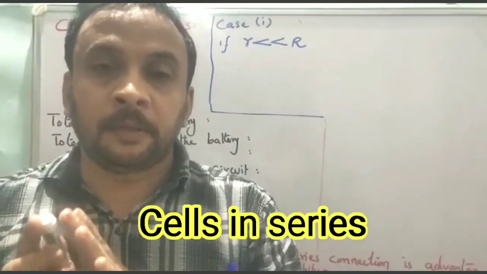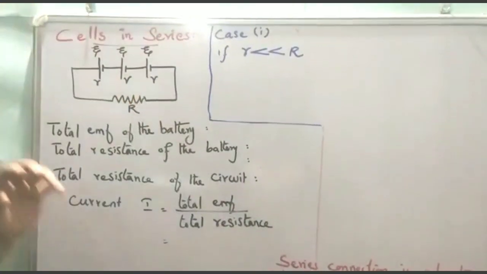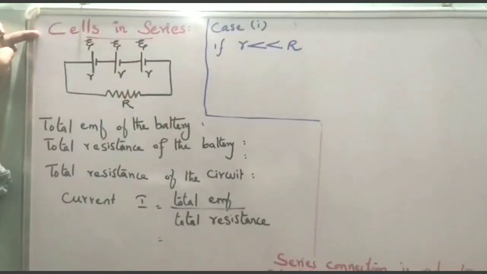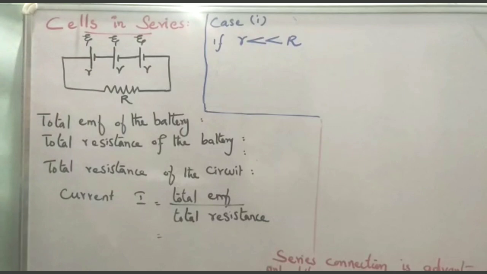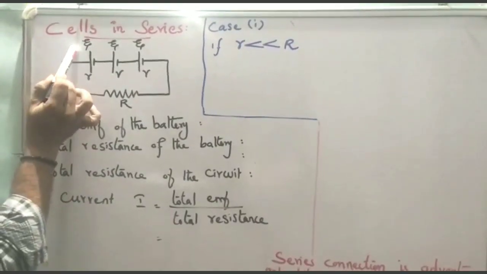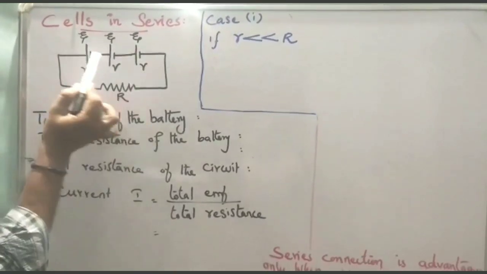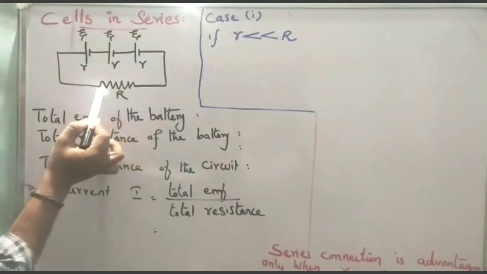இன்னைக்கு நாம பார்க்கக்கூடியது cells in series and parallel. இப்போ பாருங்க, first cells in series பார்க்குறோம். Consider n number of cells having EMF psi and internal resistance small r connected to an external resistance